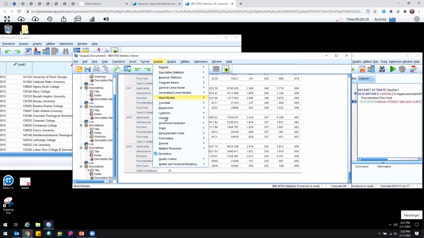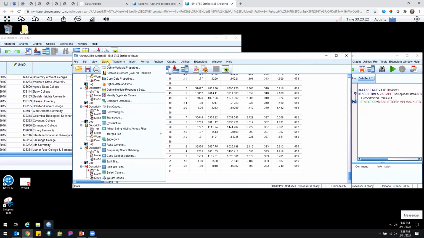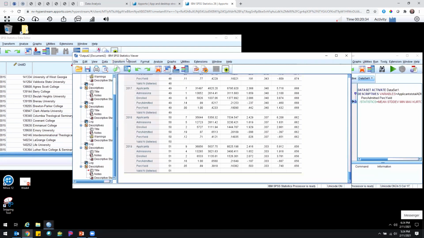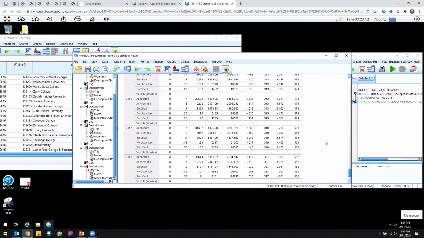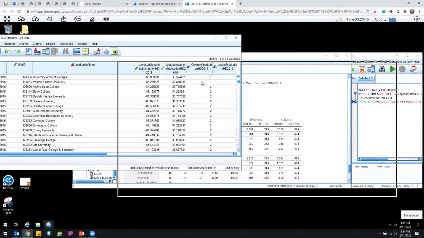I don't want to get too deep again in some of this because it's going to come in a little bit later, but it is important. So we've gone over a little bit of the transform. We'll do some more recoding in a later video. But at least for this initial walkthrough, I know we talked about recoding last week or this week, but I still wanted to just focus on what is most pertinent for y'all right now based on the data file that we use. So to finish up,